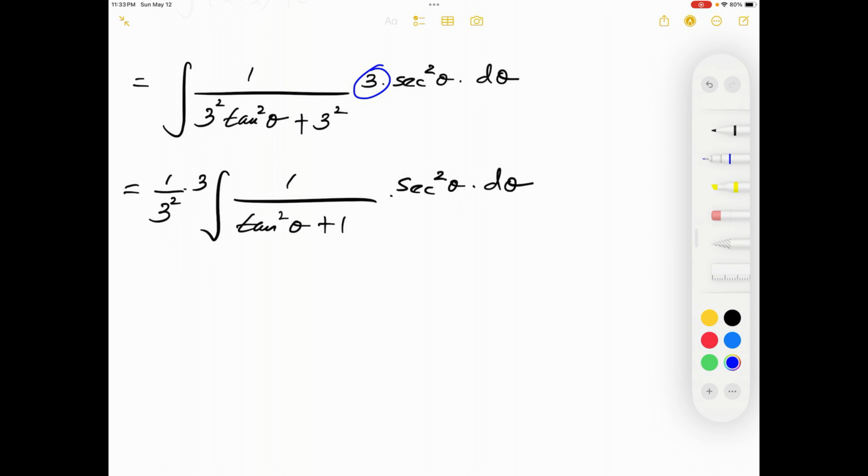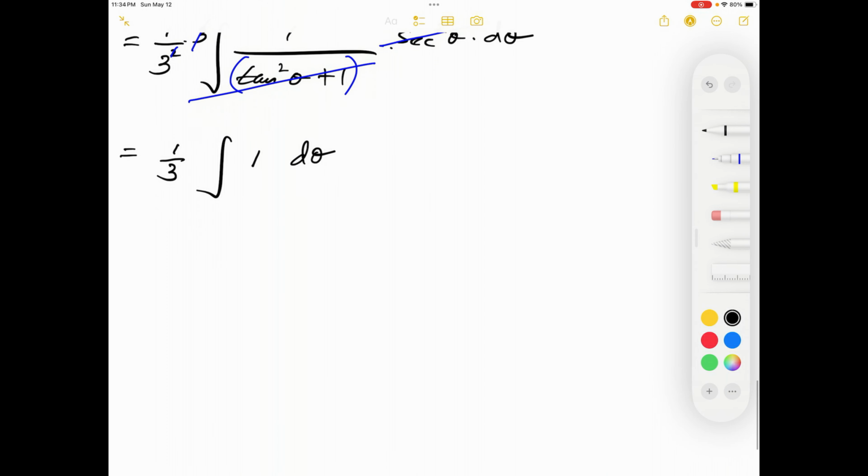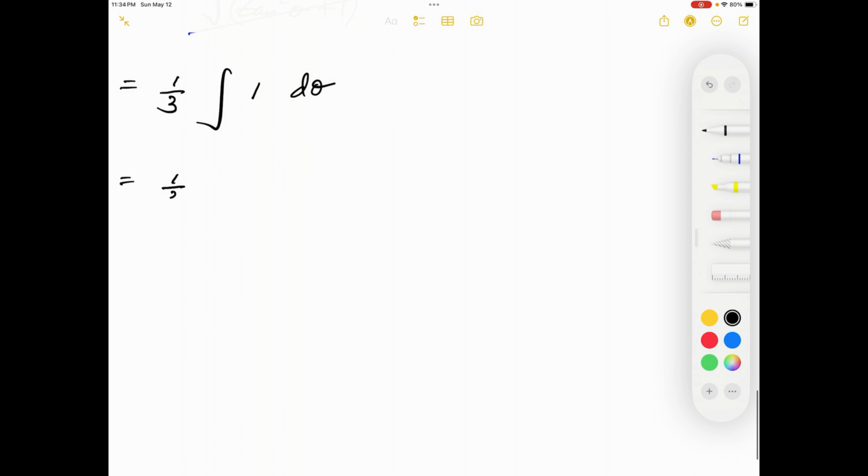Now we can do some nice simplifications. Right here in the denominator I have a 3 squared, and right here I have a first order 3, therefore I can cancel off one of those 3's. And then in the bottom we have tangent squared theta plus 1, which is equal to secant squared theta from the second of the 3 Pythagorean identities from trig. Therefore, I'm going to cancel off all of this with the secant squared theta term. Now this has become equal to a third, the integral of just 1 d theta. Therefore, this becomes a third